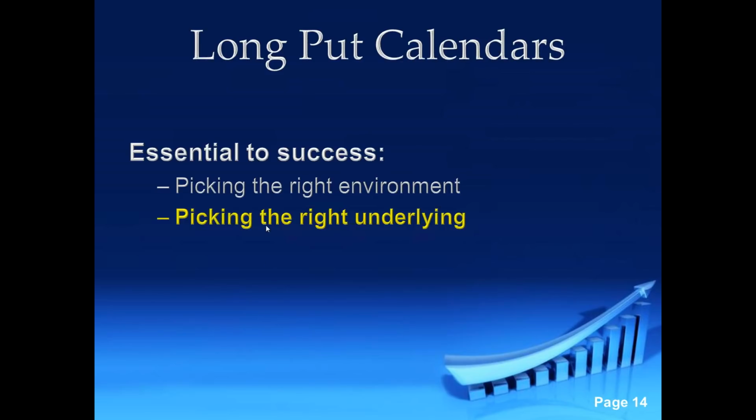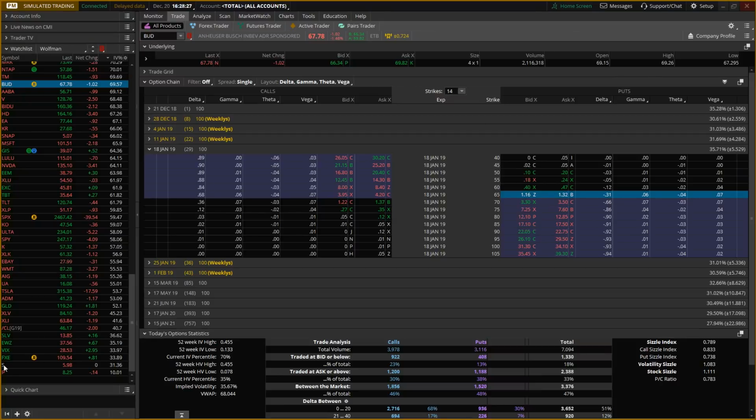So the next one is picking the right underlying. Now, you guys may trade all kinds of stocks. There are thousands of stocks out there. I have about 150 stocks over here that I look at. One of the rules that I follow, and it really is one of those rules to even make it onto my watch list, is a stock under $100. And this is also around normal markets.